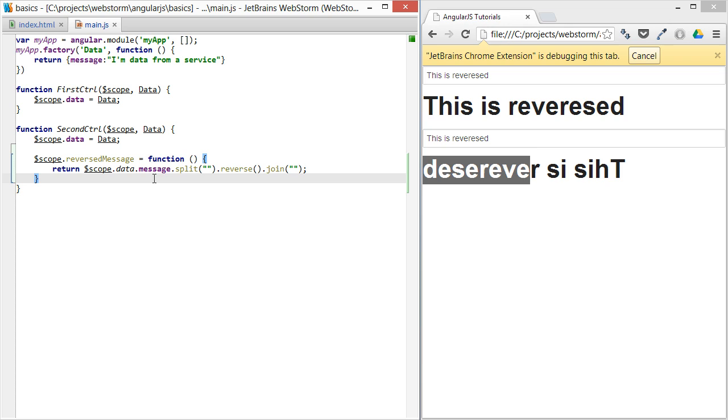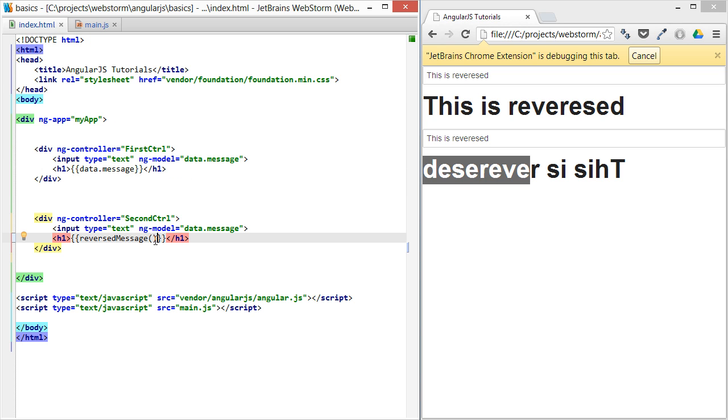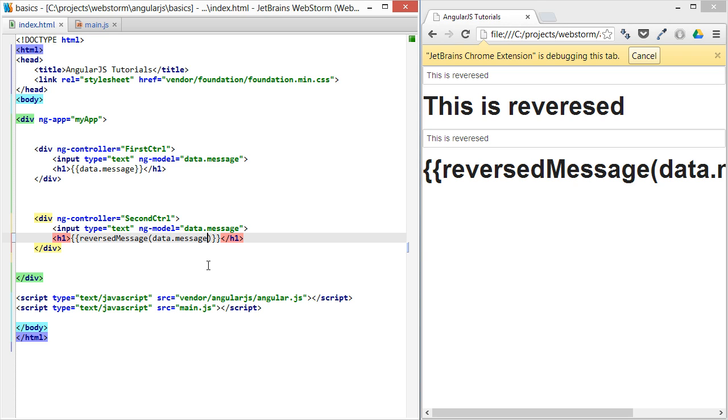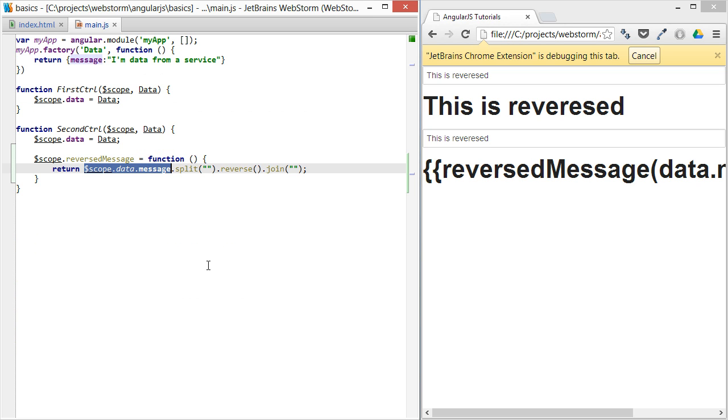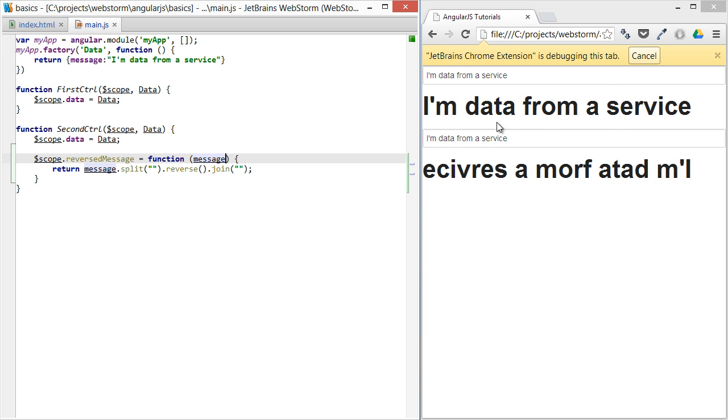And actually, something I want to show you here that I see a lot of people do: as much as possible, you don't want to reference the scope inside of a function, because we can really extract this out and pass in the message into our reversedMessage. And we'll pass in the data.message. And then this can just be message, because we can pass in our message here. And that removes the dependency of the scope inside of our function, makes it easier to test and all that sort of stuff. So you can see it works